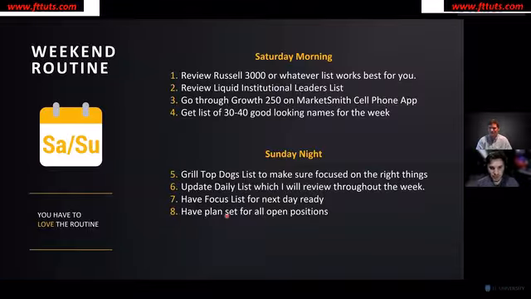And there's a really good question that a few people asked. What time frames are you looking at when you go through these charts? And what do you mean by a good monthly? So usually when I'm going through this list, I'm definitely looking at the weekly or monthly. And a lot of what I'm doing on Saturday morning is looking at the liquid institutional leaders list. I'm mostly looking at the weeklies here. And that's because